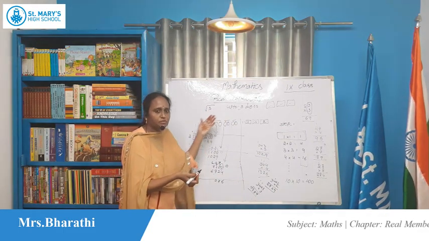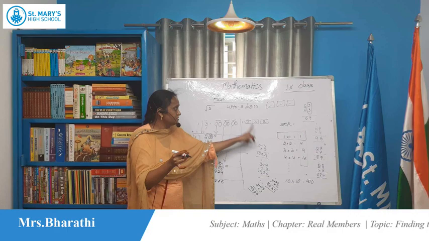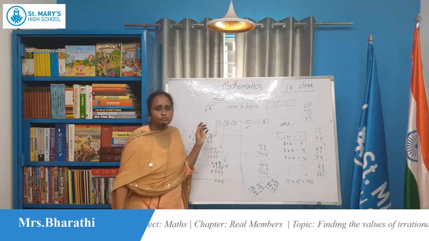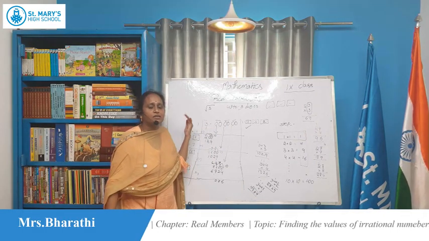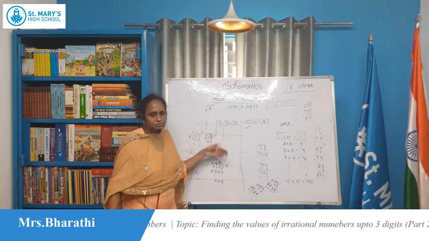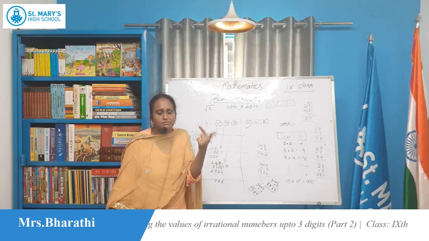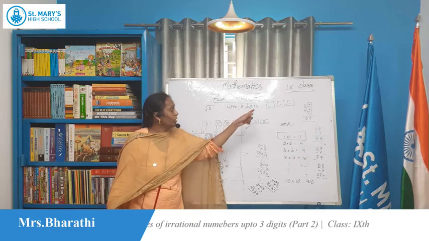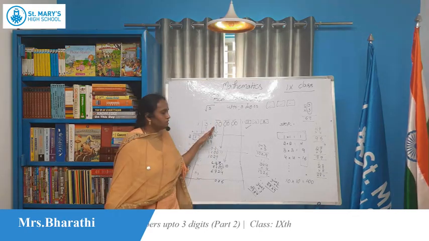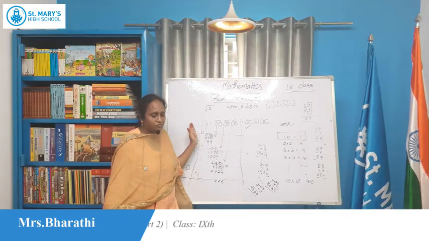Now the value of root 3 up to 3 decimals is 1.732. This is the process of how to find irrational number values up to 3 decimals by using the long division process. The first step is applying the perfect square numbers, and the second step is to remove the under root. Then for however many digits they ask, that many pairs of zeros we have to take, and we consider that as the dividend place. And what about the divisors? In divisors we have to take perfect square numbers.